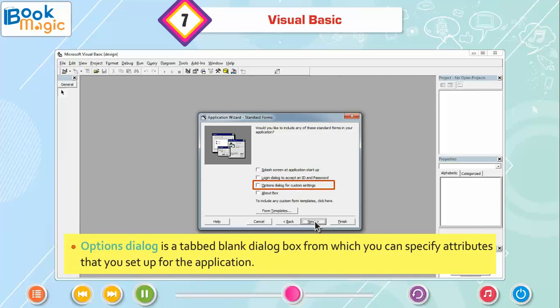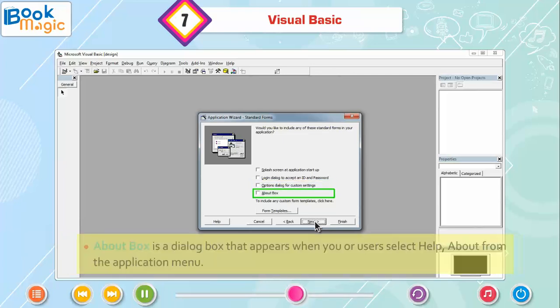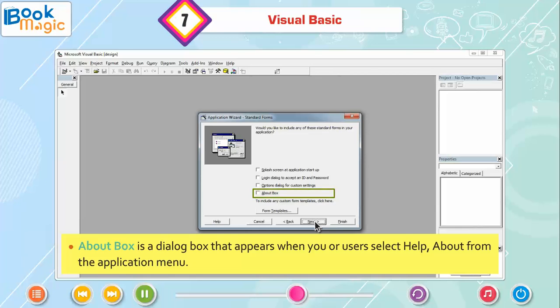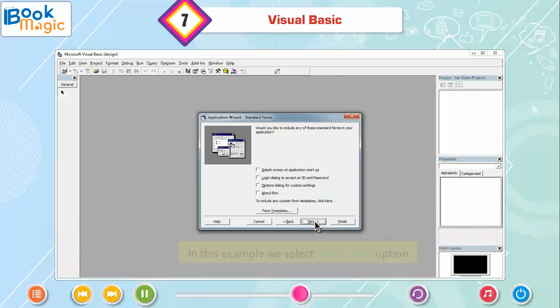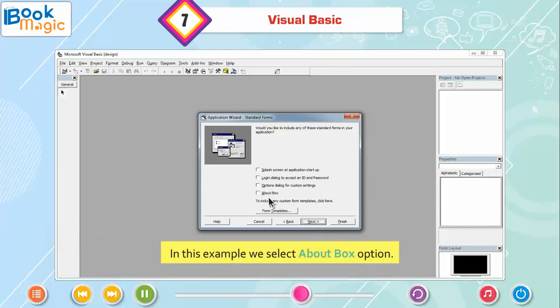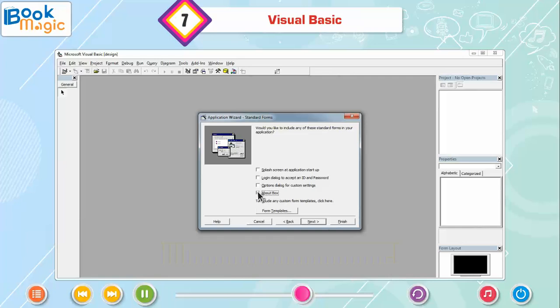Options dialog is a tabbed blank dialog box from which you can specify attributes that you set up for the application. About box is a dialog box that appears when you or users select Help About from the application menu. In this example, we select About box option.